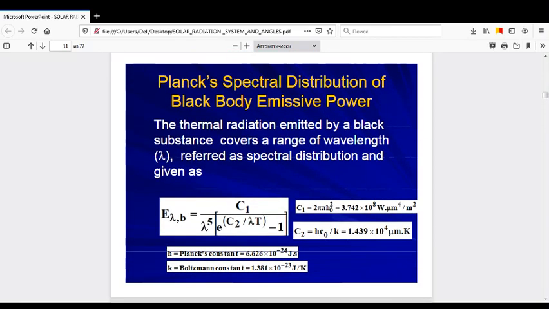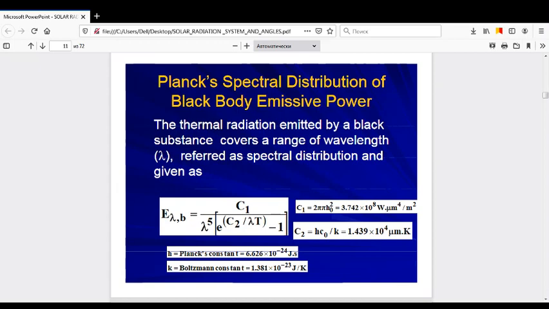Now the Planck spectral distribution of black body emissive power: the thermal radiation emitted by a black body covers a range of wavelength lambda, referred to as a spectral distribution. So this is E lambda b is equal to C1 upon lambda raised to the power 5 into e raised to C2 upon lambda T minus 1, and h is the Planck